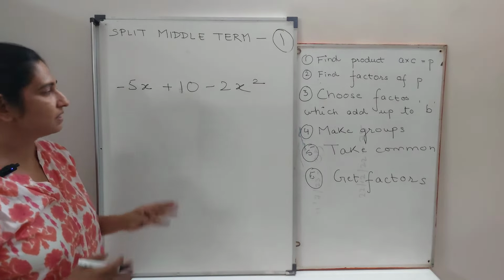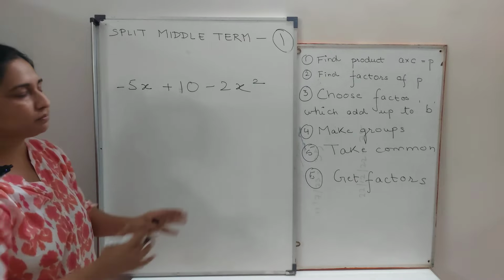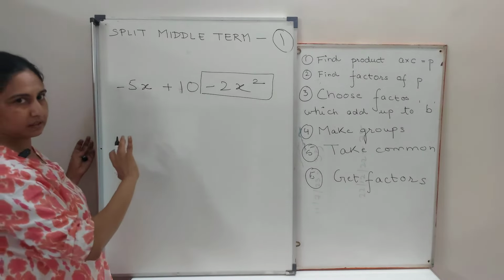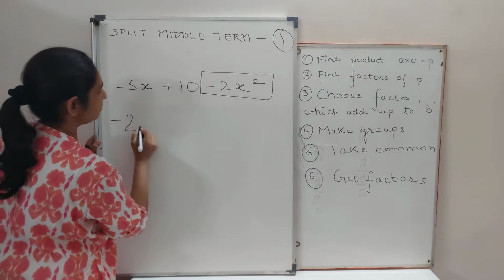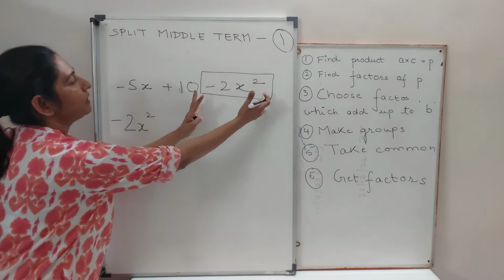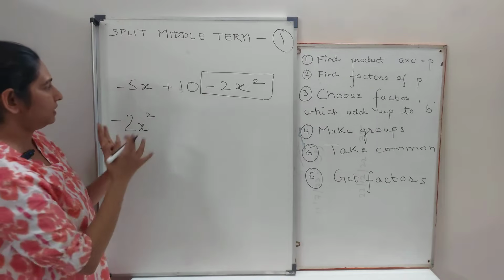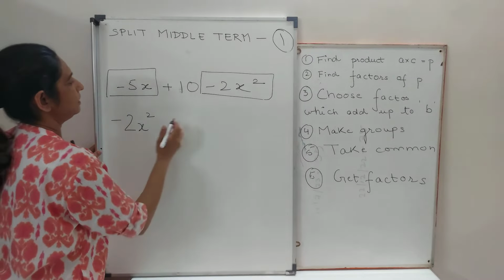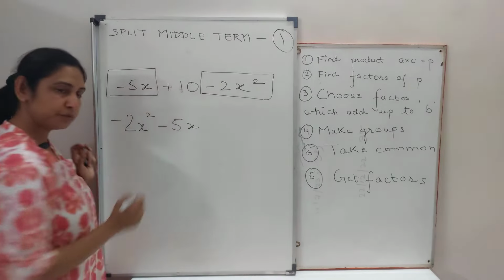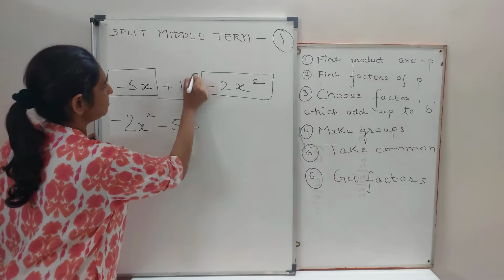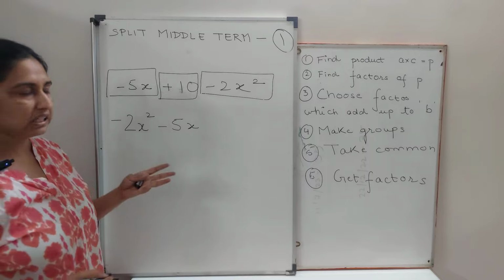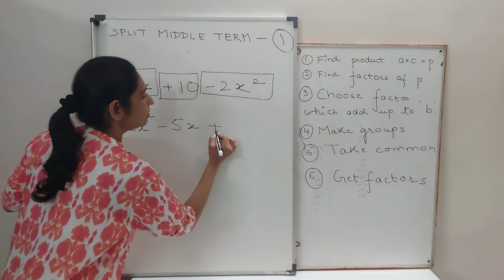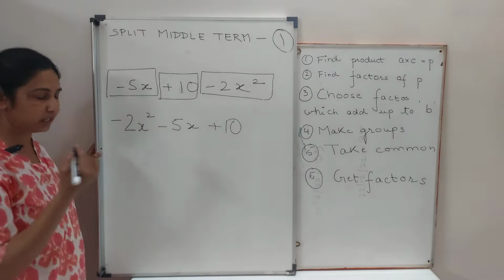At least make it look like a quadratic. It should look like, it should feel like a quadratic. So what do we do? We reshuffle it. What do we do in reshuffling? First of all, we put the x square section first. Remember? That's how we are used to seeing a quadratic. I picked up the entire x square term, including the sign, and put it first. Then what comes next? The x portion. After this we put the x portion. Now what is left? The constant portion. Only three portions: the x square portion, the x portion, and the constant portion. Now I will keep the constant portion last.